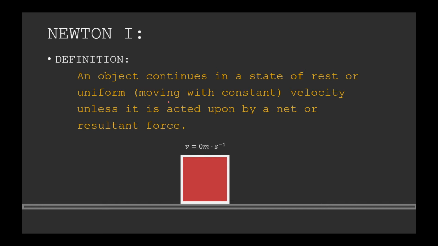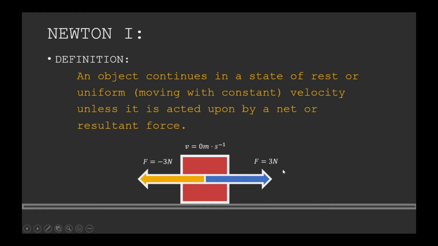Firstly, we have our little block. This block has no forces acting on it, and it has a velocity of 0 meters per second. Therefore, it's going to continue at 0 meters per second. We could also add forces to this. So if we have a negative 3 going to the left and a positive 3 going to the right, if we add these two up, they're going to add up to 0. And so that tells us that the object isn't going to move because there is no net or resultant